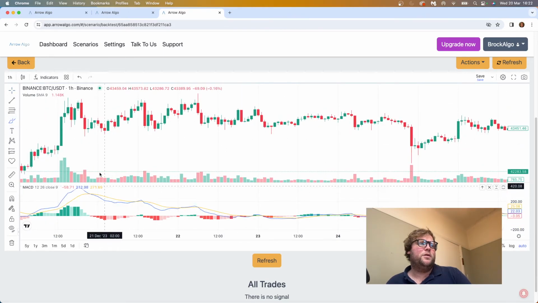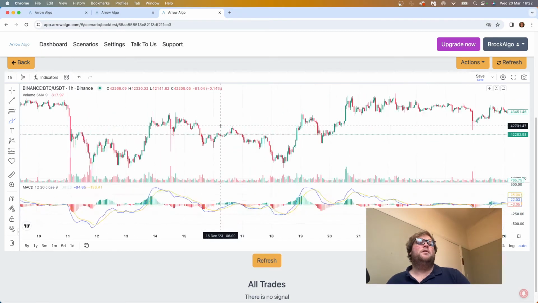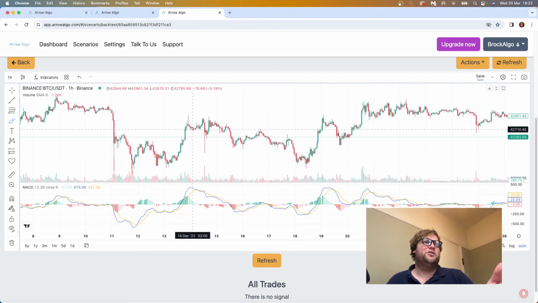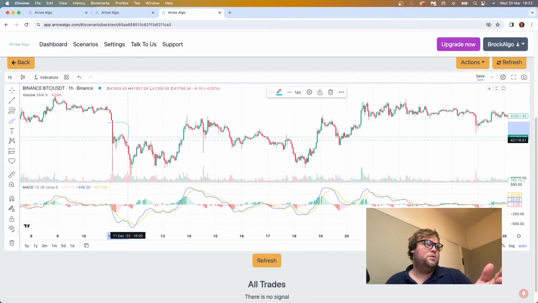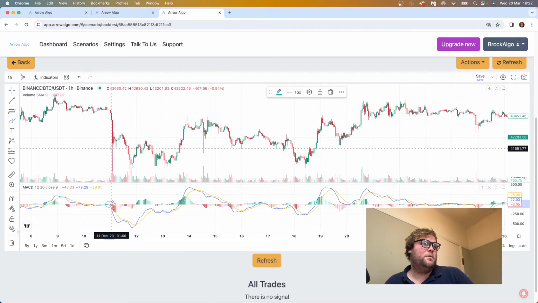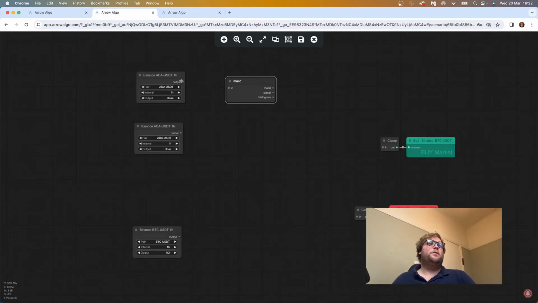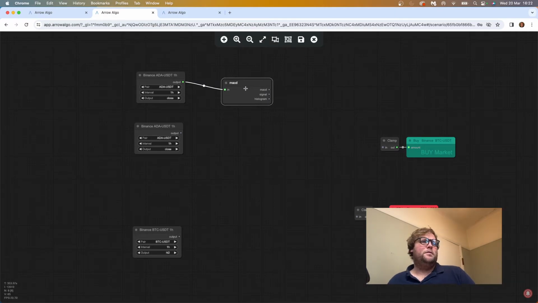Now that's not to say that on its own it would be good enough. This is a kind of strategy that you need to trade in bullish conditions. You need to make sure that you're not going to catch falling knives on the way down, because as you can see here, if you'd have just sold when the lines cross back over, or if you'd have just bought when the lines cross back over, you could have been falling all the way down here and not bought back again until there, so you'd have been sitting on a heavy loss there. So you need to combine it with other indicators, but just as a way of kicking off,